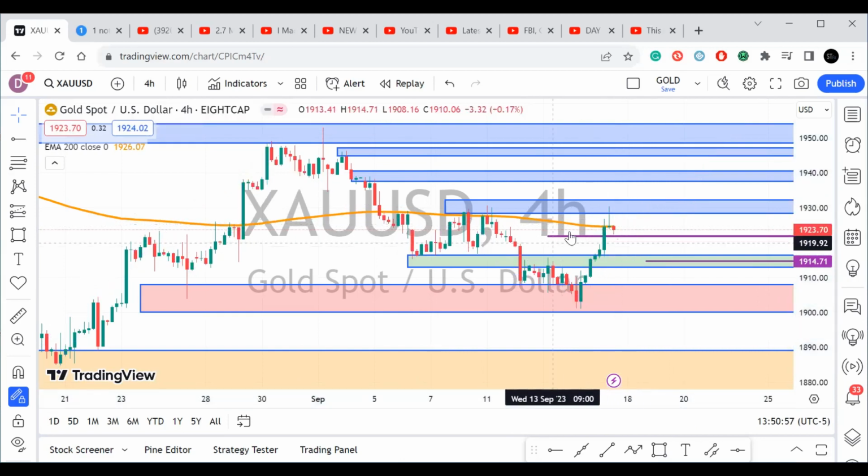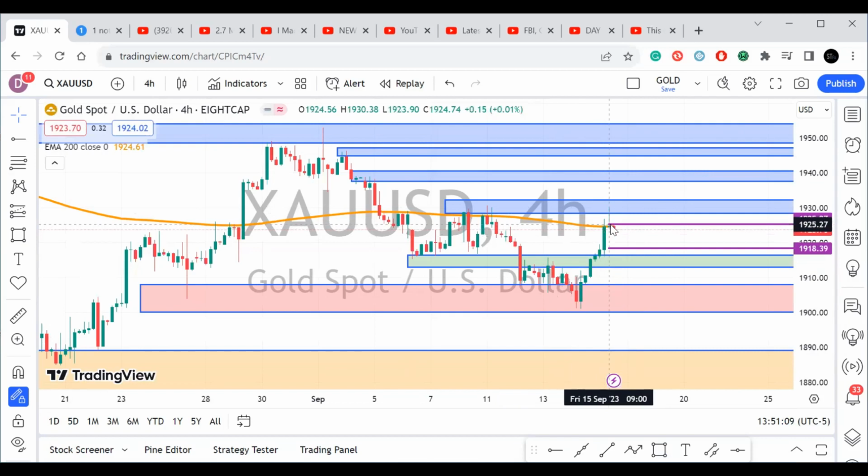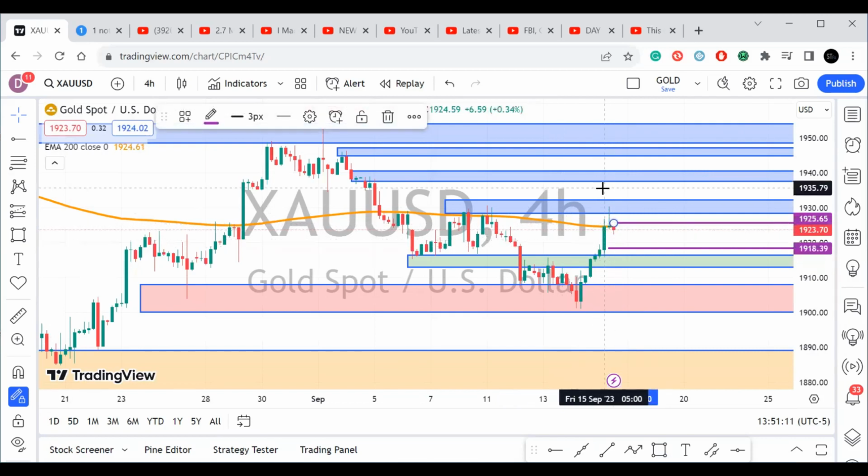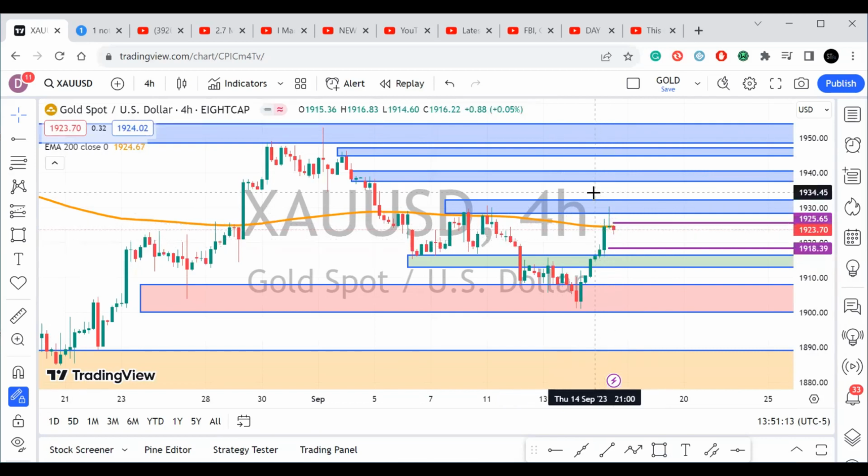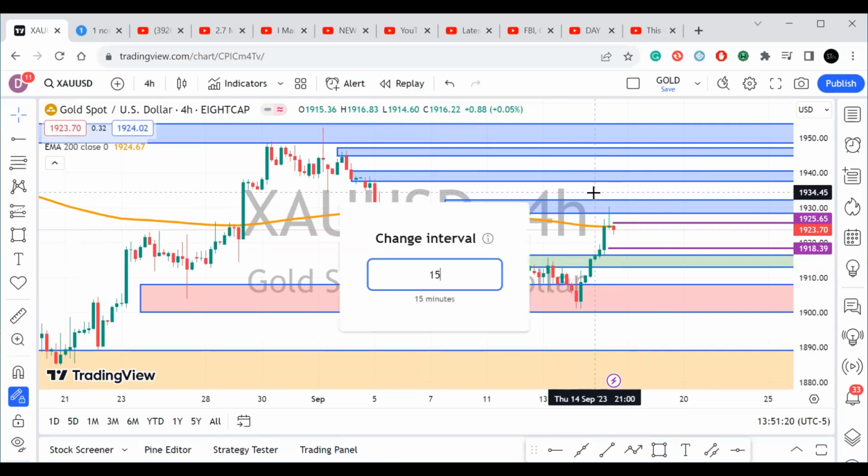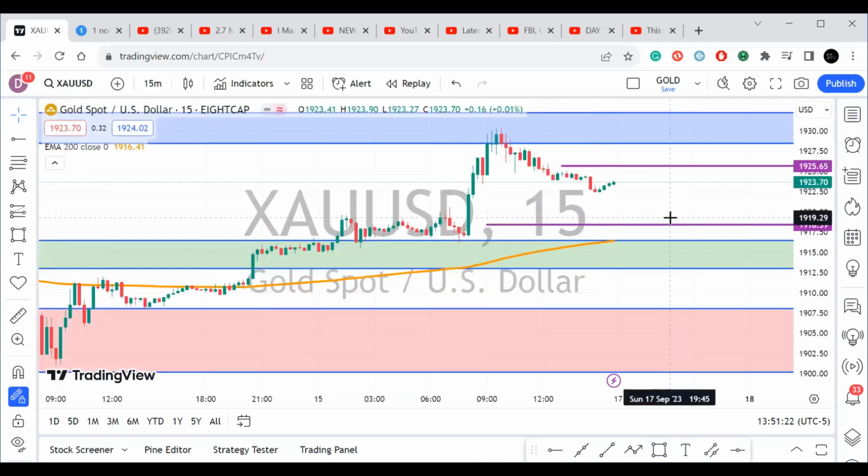So from this high, I want to see how price drops down to retest this area, this zone. So my bias is buy. Let me drop down to the 15 minutes time frame. So on the 15 minutes time frame,